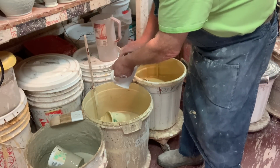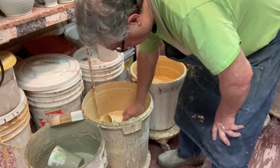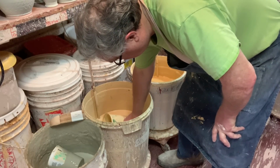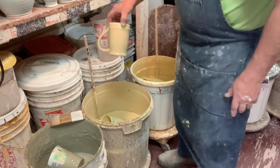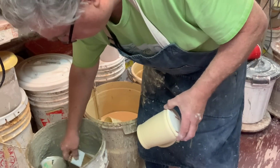Pour it out. I'm going to dip oatmeal over the whole outside. I'll pull it out and let it dry for a minute. Now I'm going to take my green glaze,